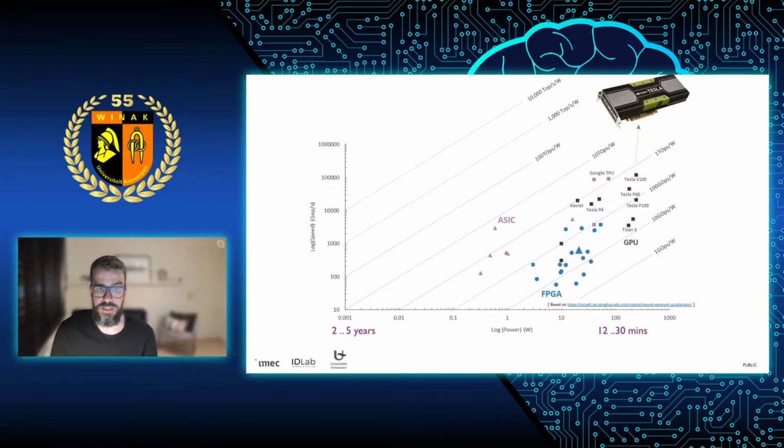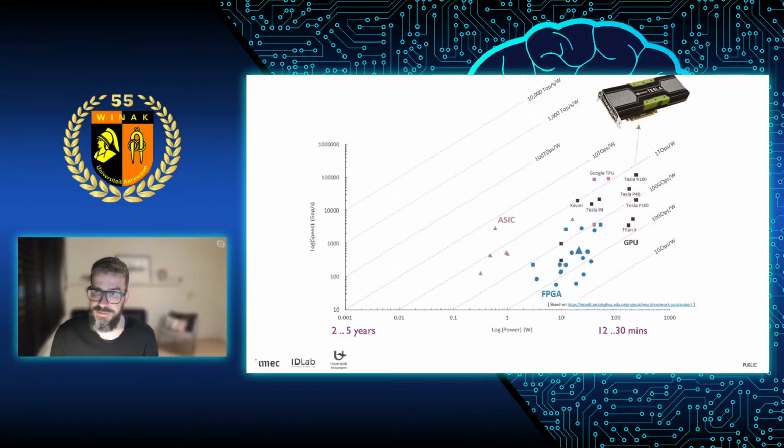So these are typically GPUs, sometimes it's a TPU or a CPU, or in the more embedded sphere, you have things like ASIC and so on. And what you see here on the x-axis is the power consumption of these devices, on a logarithmic scale. And on the y-axis, you see how many operations per second they can handle. And that means that on the diagonal axis, you actually get an indication of how many operations it can produce